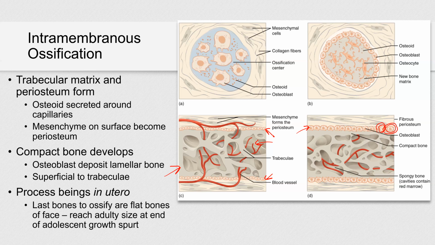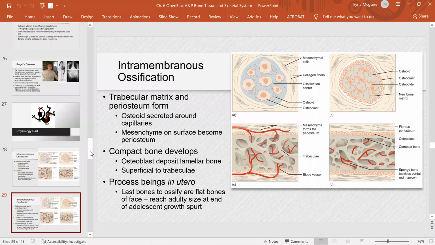So here we will have lamellae of compact bone, and the membrane on the surface with the mesenchymal cells will form periosteum. All right, so let's see. Trabecular matrix and periosteum form. Osteoid is secreted around capillaries, and mesenchyme cells on the surface became, so this mesenchyme membrane became periosteum. Osteoblasts deposit lamellar bone, right here on the periphery and superficial to this trabecula. And here we have it. Let me remind you very quickly. You see what we're doing over here. We are making